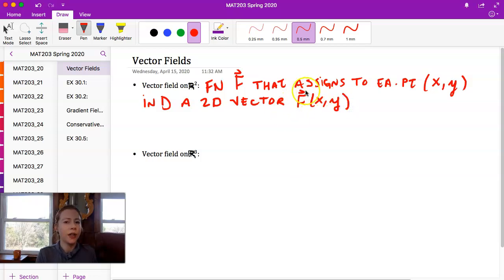All right, so because we're dealing with vectors here, we are going to have both magnitude